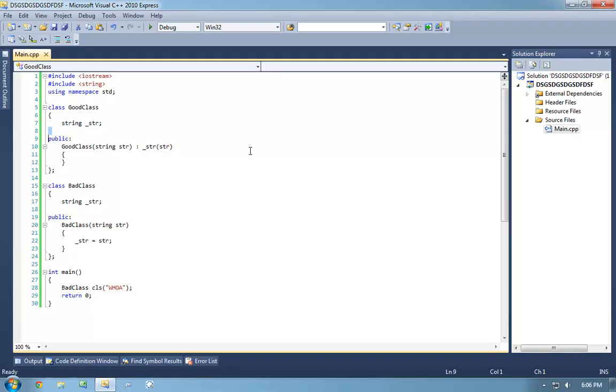So is it better to use initializers for all of your class members, even things like int, float, etc.? Yes. In those cases, the only reason why it's better is for consistency. But essentially, if you can use an initialization list, use an initialization list. If you have to use an initialization list, well, you have no choice. If you can't use an initialization list, well, it's not the end of the world. And that's basically the rules.